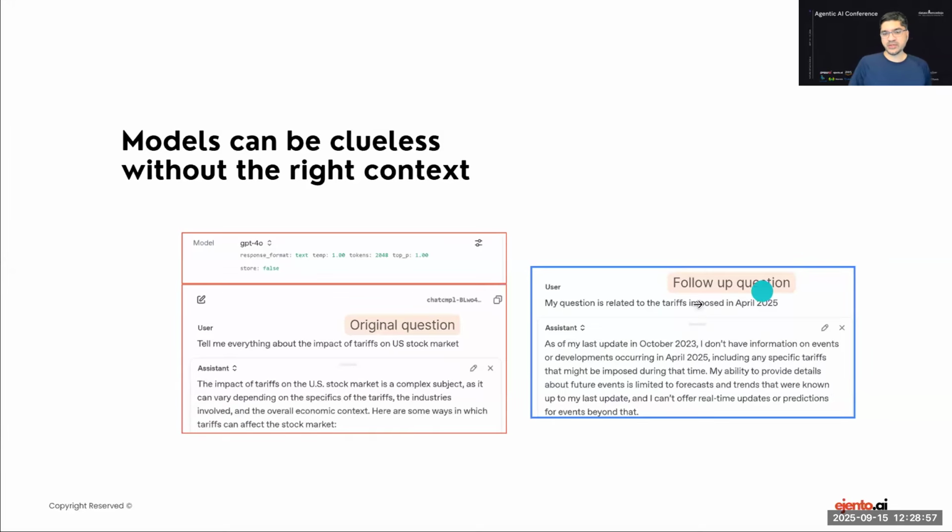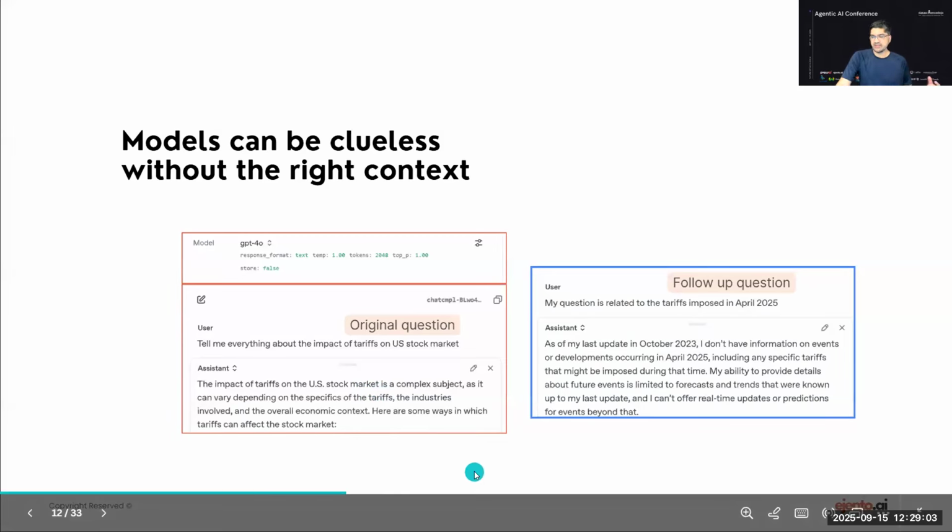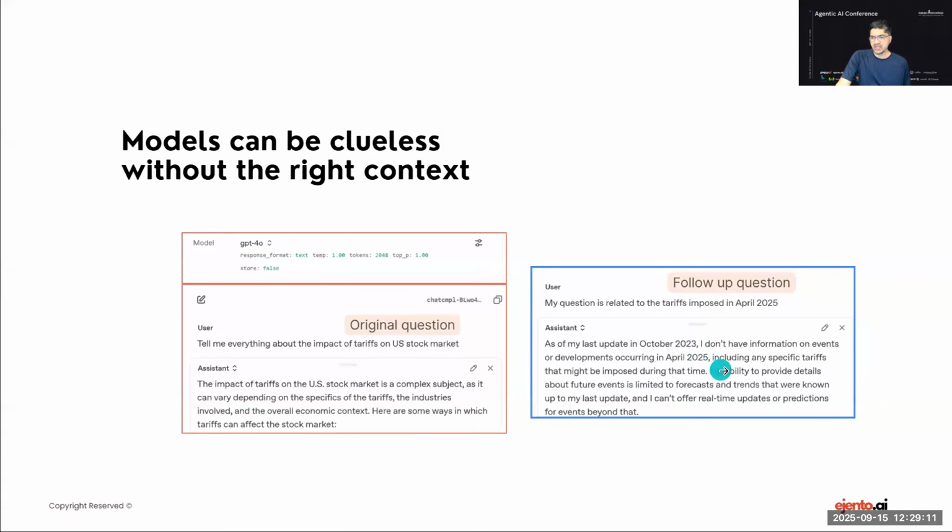So, for instance, if I ask a question about anything that recently happened, the model will say, as of my last update on such and such date, I don't have any information about what happened in April of 2025. These models know whatever was given to them by that time, but they don't know anything that is happening in the future.